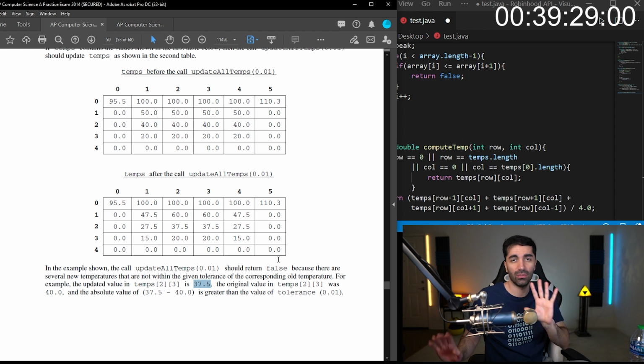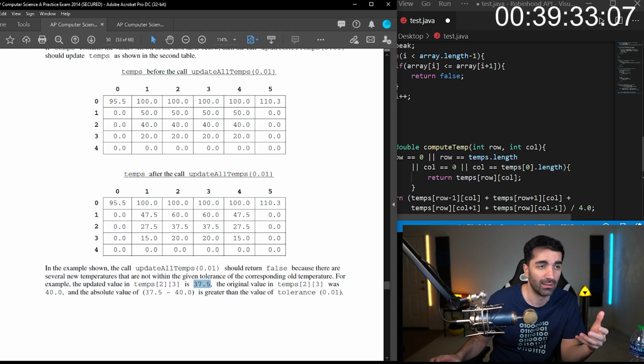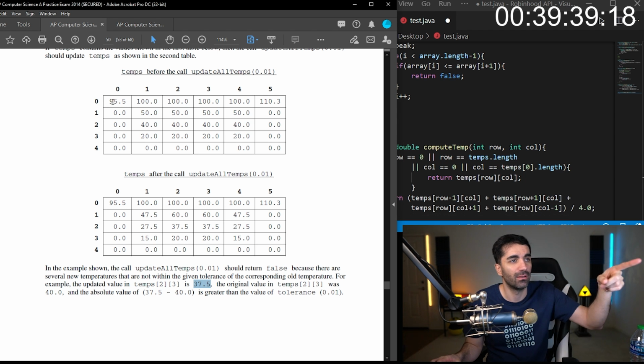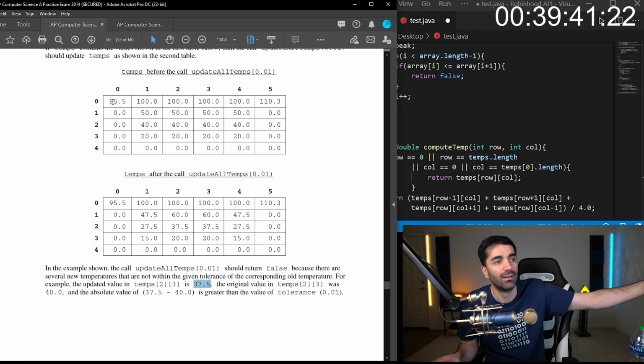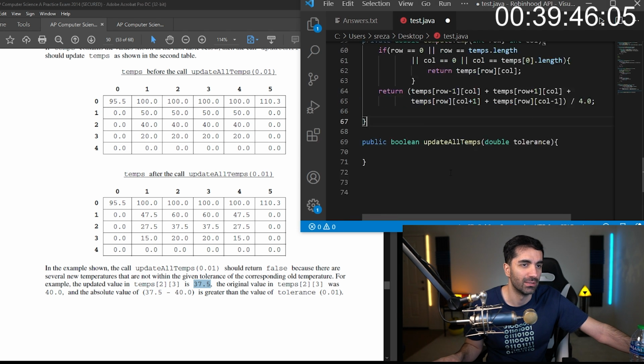So we're going to create a new 2D array. We're going to loop through it, and we're going to call compute temp for everything. Then we're going to loop through again and update all temps, and we have to check if it's going to be within that tolerance.